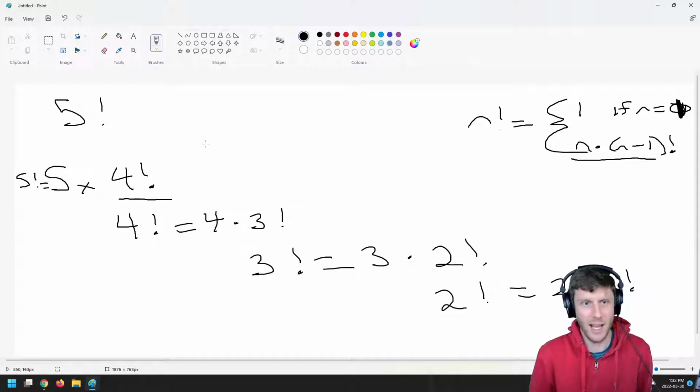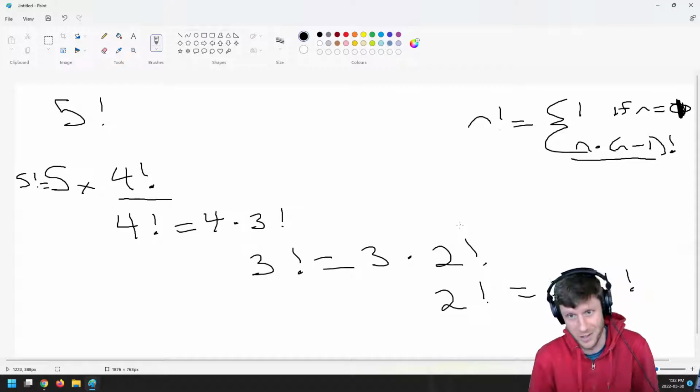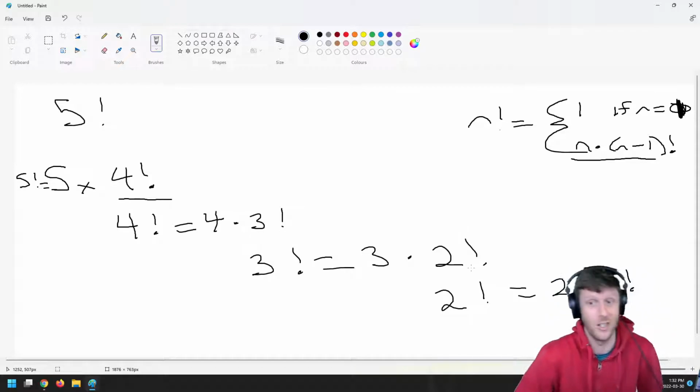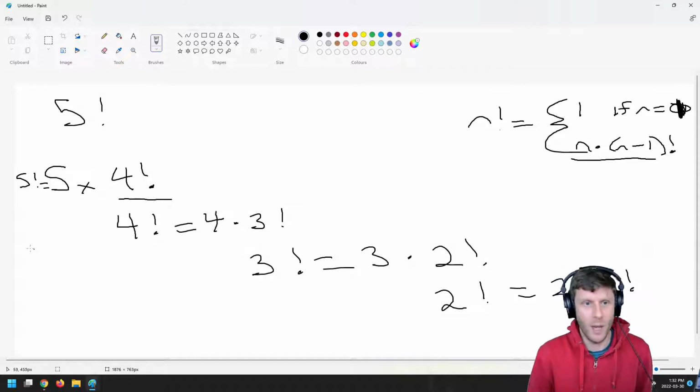So see how, to answer 5's factorial, I've got to know what 4 factorial is. And to know what 4 factorial is, I need to know what 3 factorial is. And to know what 3 factorial is, I need to know what 2 factorial is. And in order to know what 2 factorial is, I need to know what 1 factorial is. So I'm working my way down. But as I work my way back up, I go, okay, well, if 1 factorial is 1,